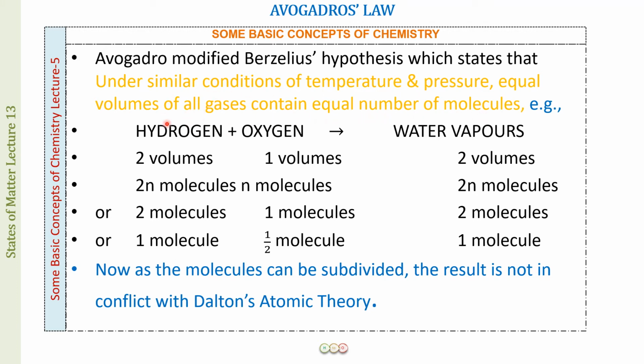Now please remember, it is going to be all gases, whether it is hydrogen gas or oxygen gas. Their masses are different, but when the volumes are the same, the number of molecules is going to be the same. Okay, so whenever there are two gases whose volumes are the same, they are going to contain an equal number of molecules, or you can say an equal number of moles.